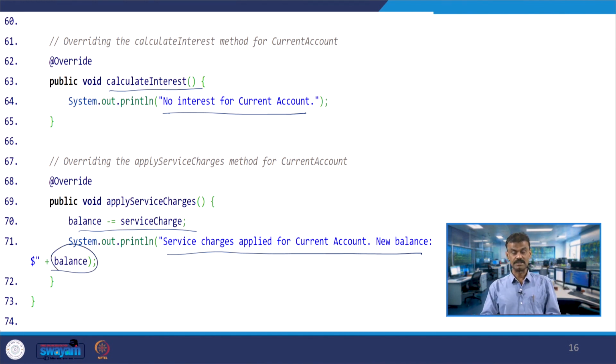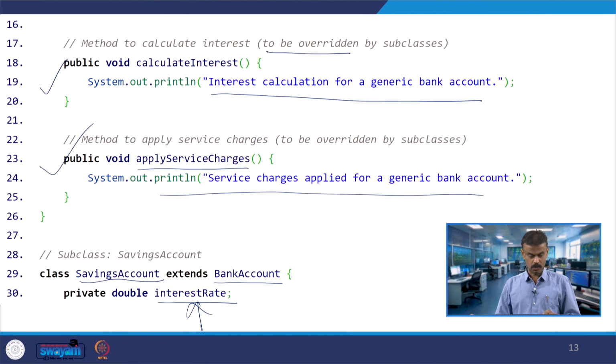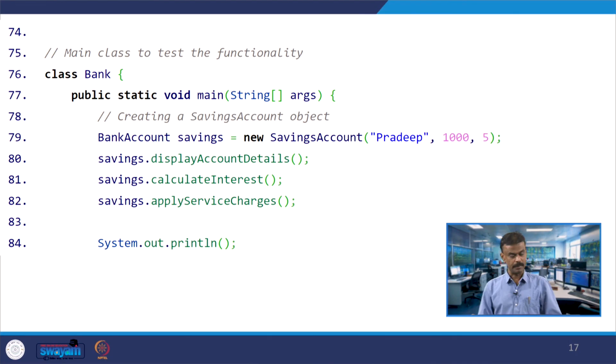Okay. So, this is the scenario: bank account is the super class, and the savings account and current account are inheriting bank account. When you have this kind of scenario, let us go with the main program.